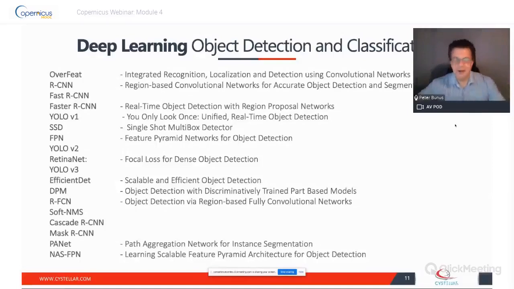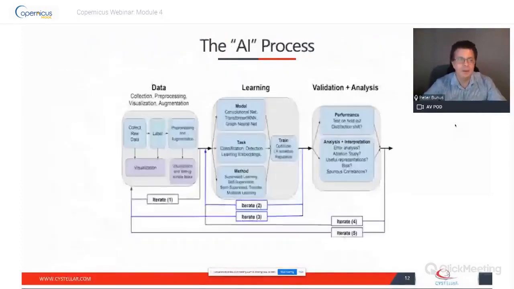As I said, I will not go into the details. I just wanted to show you that usually things are not that simple. Usually there is no silver bullet that will classify everything in your satellite imagery. It's case by case. You need to select the best algorithm or the best platform that will perform for that particular task. And I just wanted to emphasize at the end of my presentation that the AI process is actually a very complicated process,